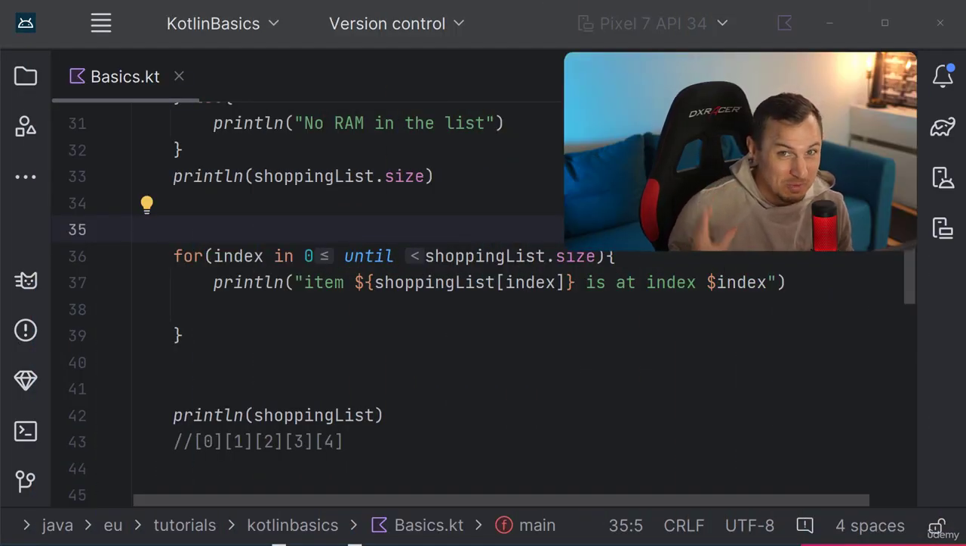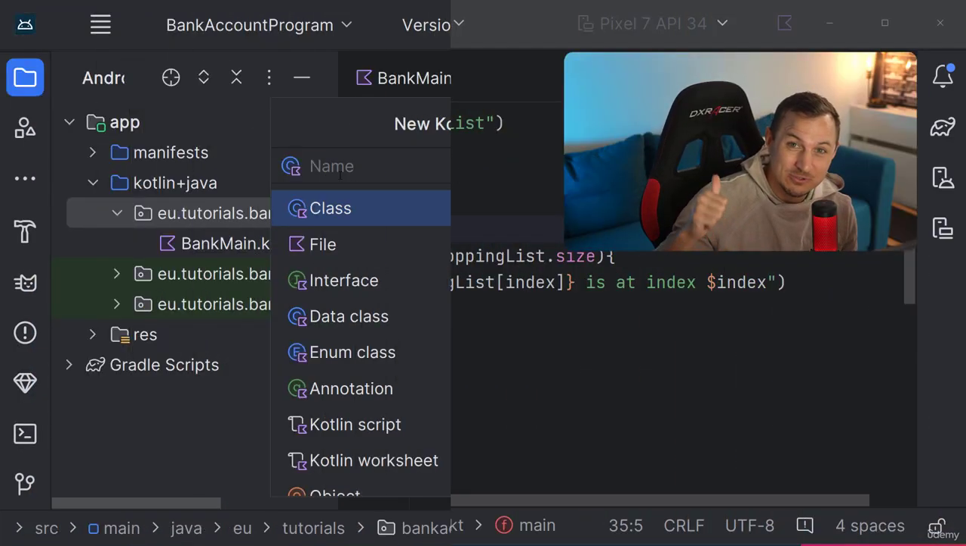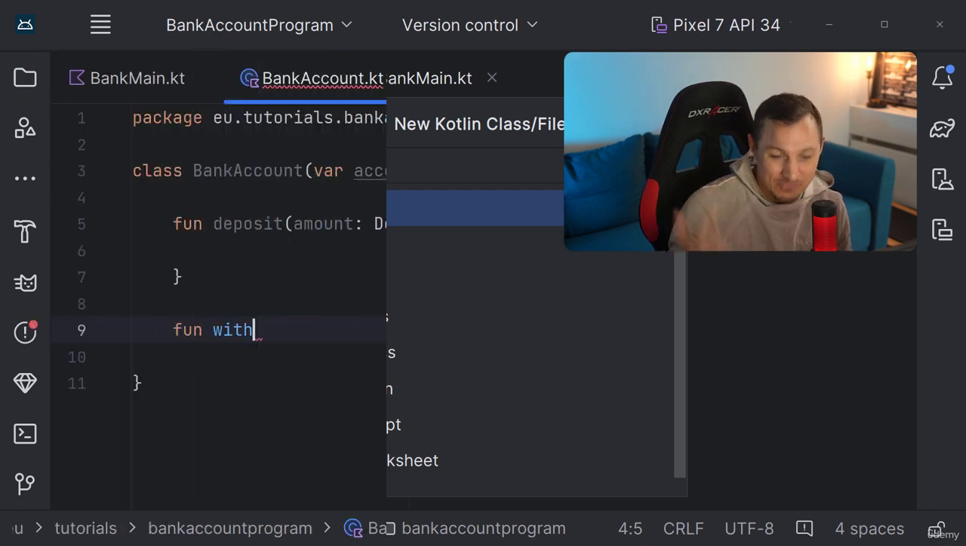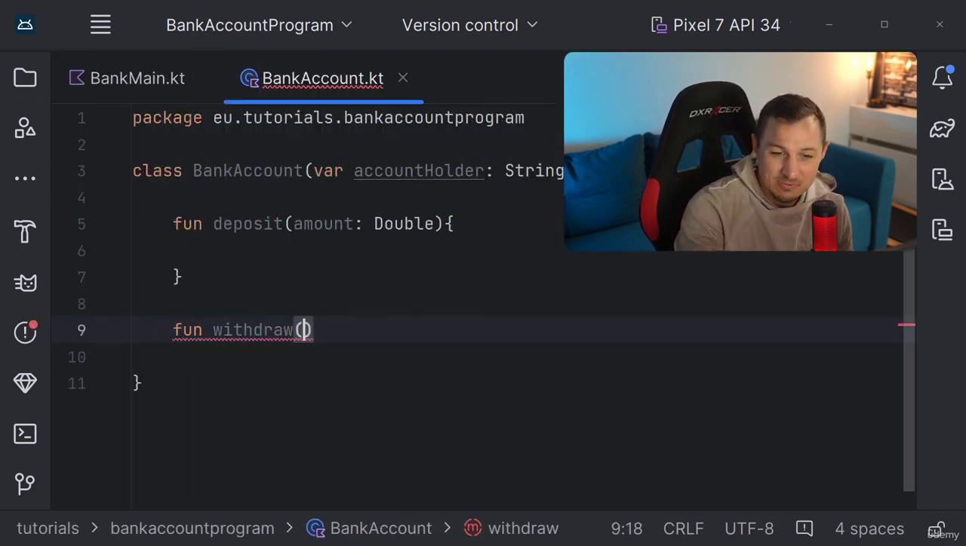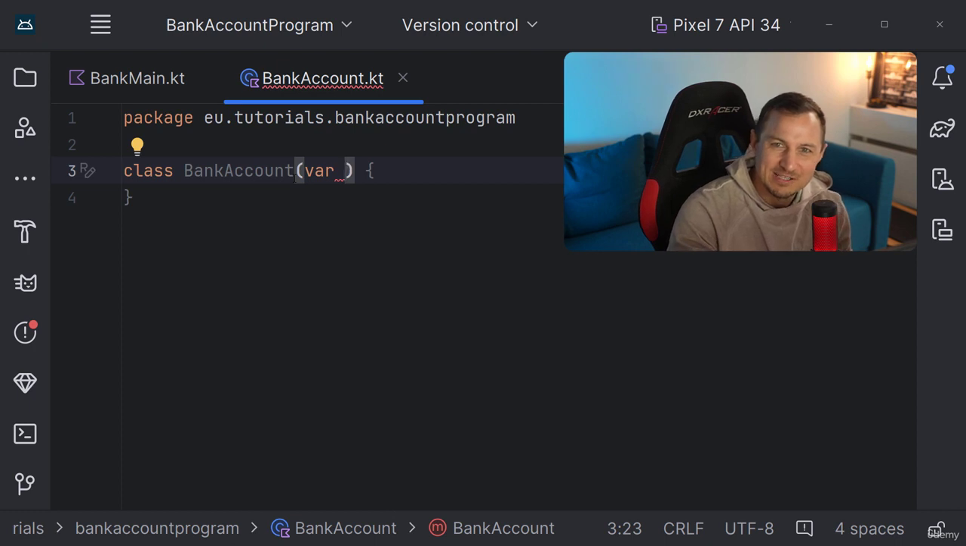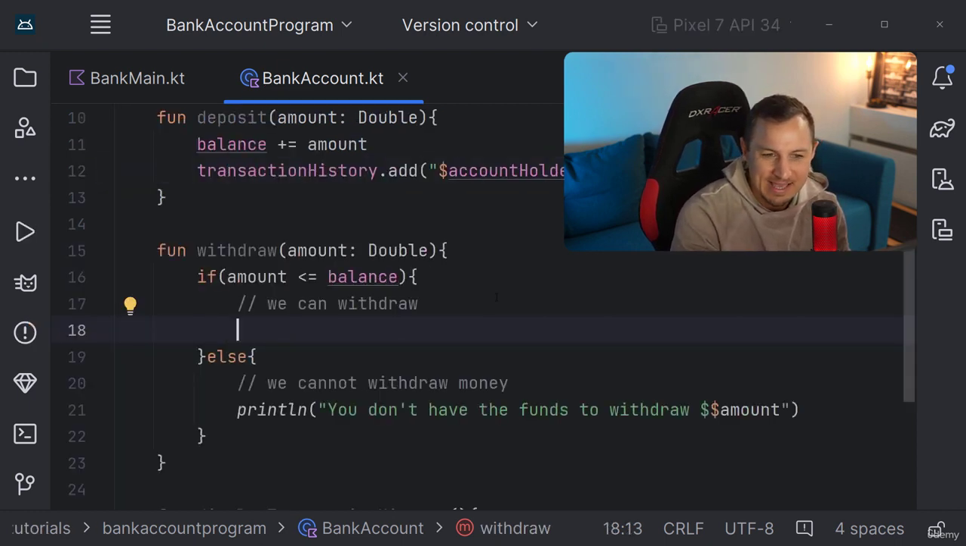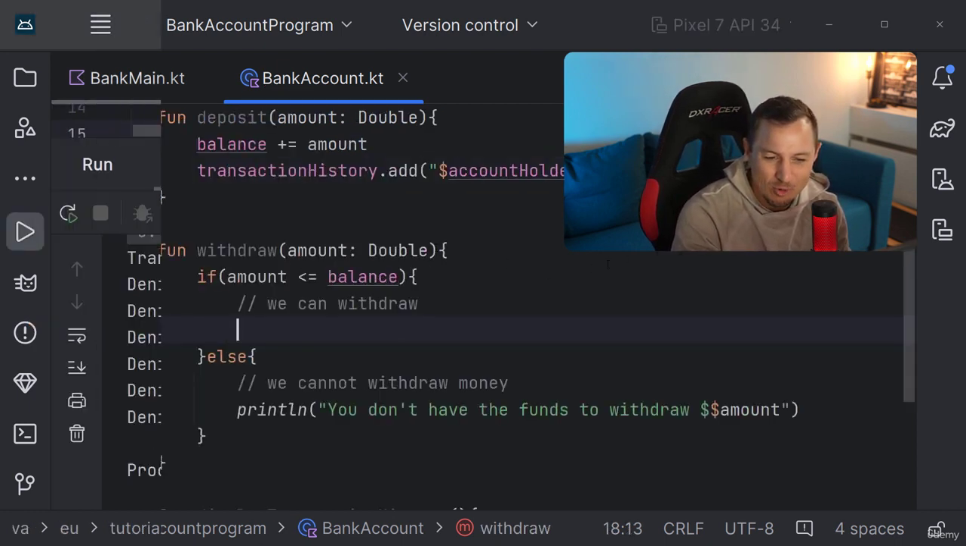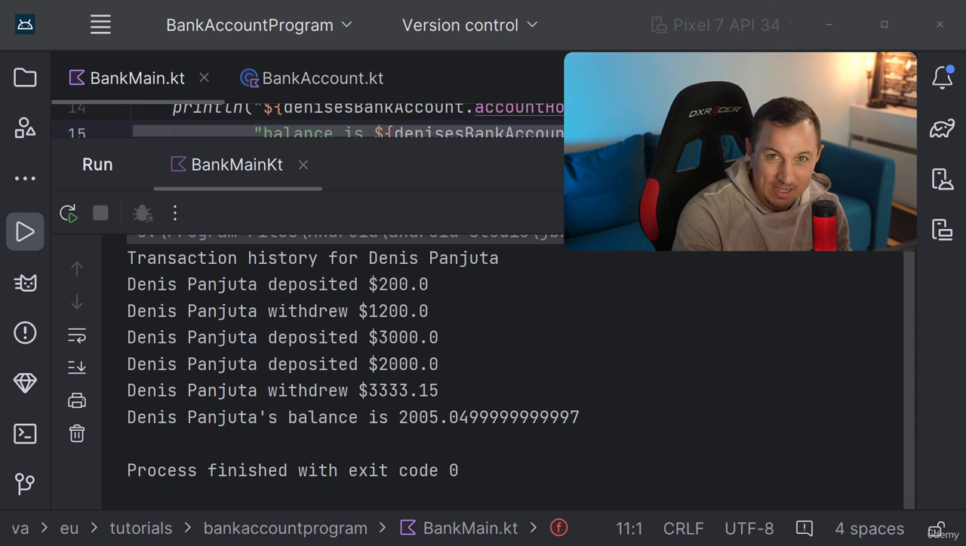We're just going to build a simplistic bank details or bank account program, and therefore we're going to use a bunch of concepts that we have used before. We're going to use classes, we're going to use functions, and then we're going to use constructors, as well as if statements and a bunch more. All right, so at the end of this little project, I'll also have a challenge for you, but let's start